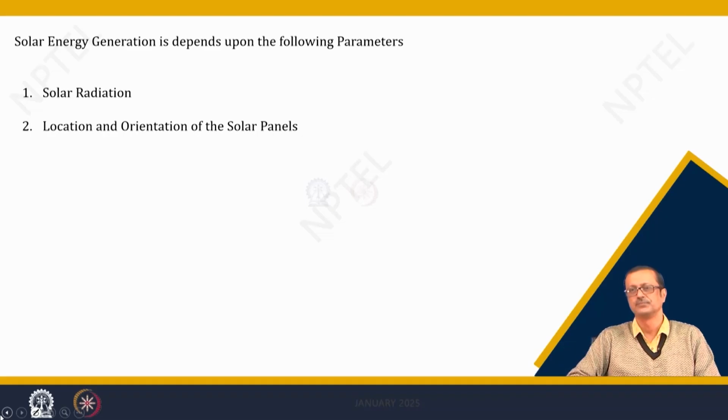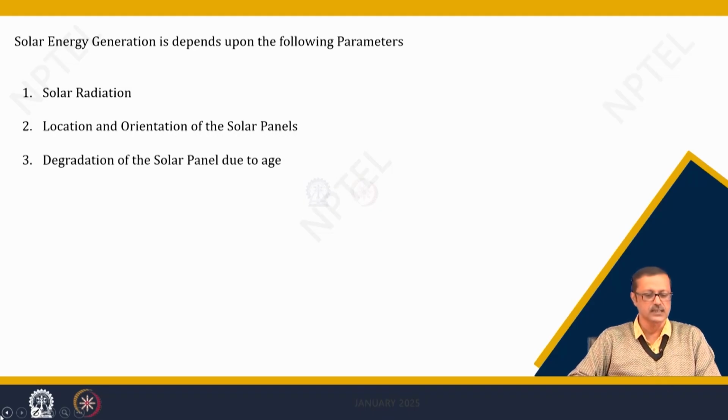the tilt angle and the orientation towards south and the west, and the location is the latitude, and based on all those criteria the radiation also depends, and also the duration of the day. Different charts are available for how much kilowatt hour is available for different locations, at least in India and some of the countries abroad.